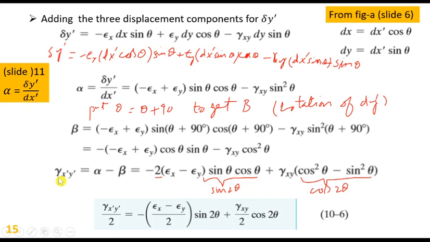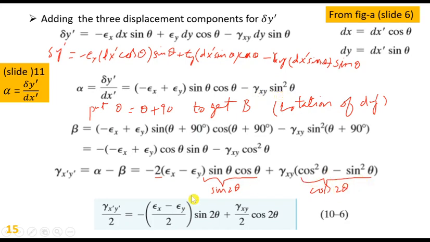And the shear strain gamma x prime y prime will be the effect of the difference between these two angles, alpha minus beta, and that will be minus 2 if you subtract here, minus this, minus this, minus plus, and this minus again minus, that's why it is minus 2 into epsilon x minus epsilon y into sin theta cos theta. This is common here, and here minus and again minus, so minus plus, so cos becomes plus, so plus gamma xy into cos square theta, this one minus sin square